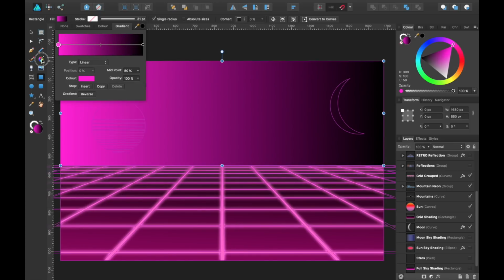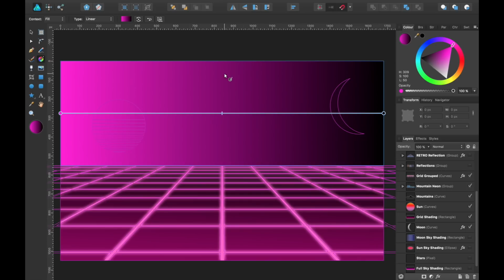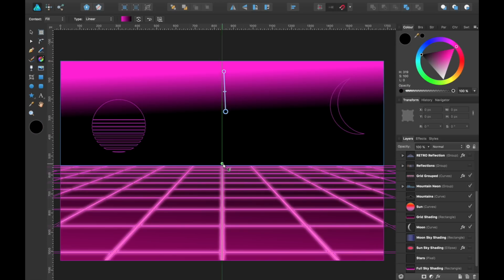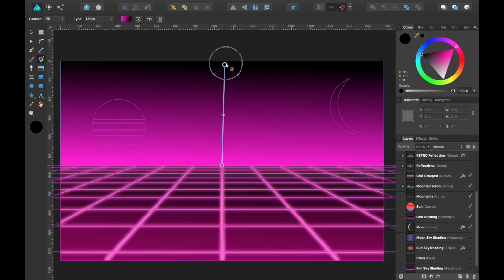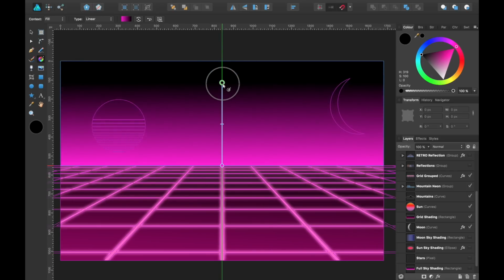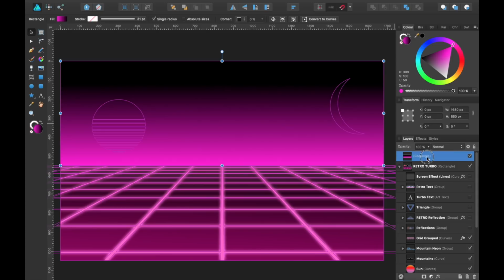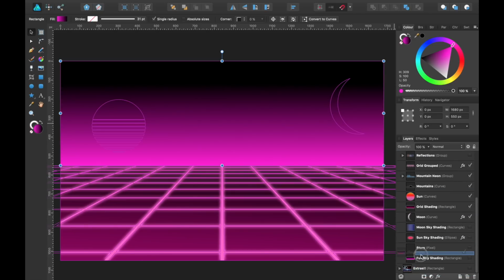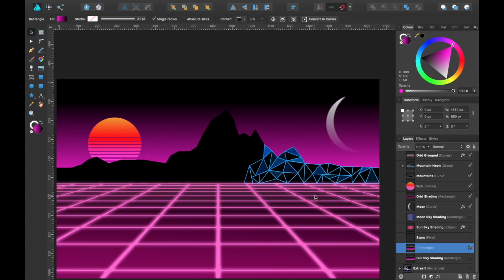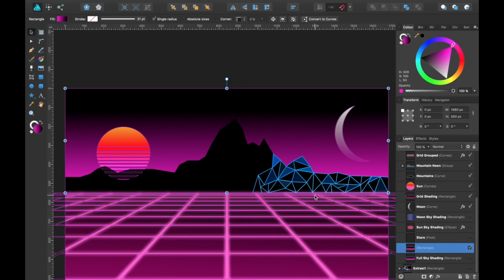Okay, now let's go to the fill tool and let's drag it from the bottom up. And there we go. That's it. So we need to drag that underneath all the background now. There we go.